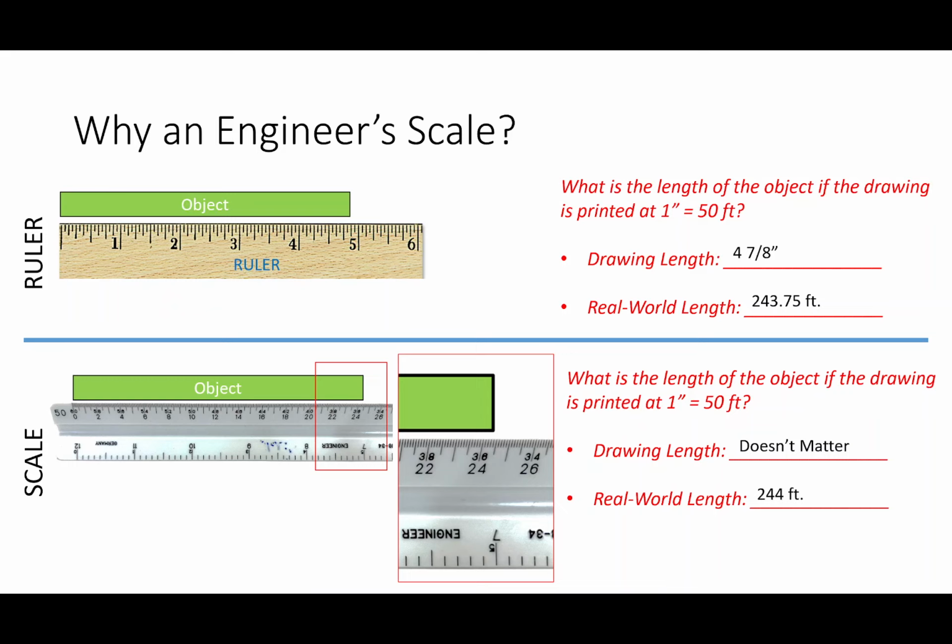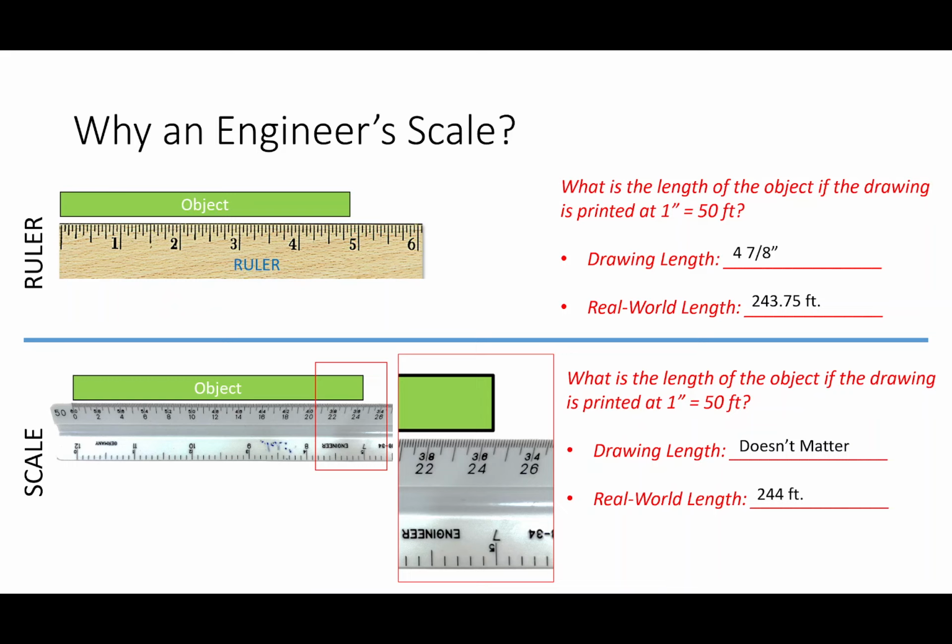So the beauty of an engineering scale is that you don't have to do any math. You don't have to take the measurement and then compute some length or distance. Because you know that the drawing is printed such that 1 inch equals 50 feet, on the 50 scale every one of these tick marks is 1 foot, okay? So just measure, and however many tick marks you get, that's the dimension. Does that make sense? It makes your life a lot easier for determining scale. So that's really the value of why we use an engineering scale over a ruler: it eliminates the need to do any math for a scale conversion in order to determine a distance, okay?